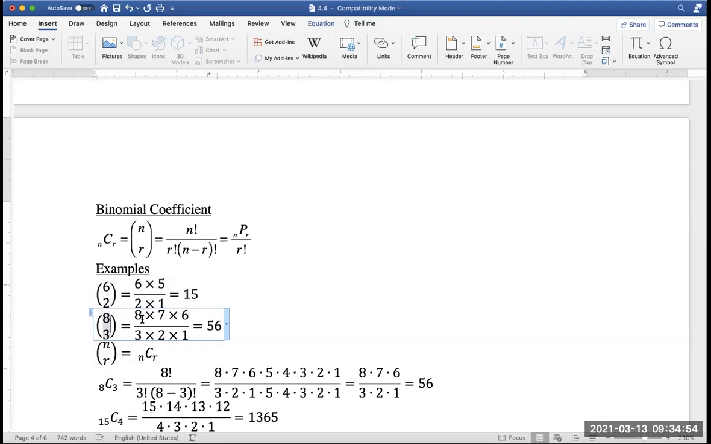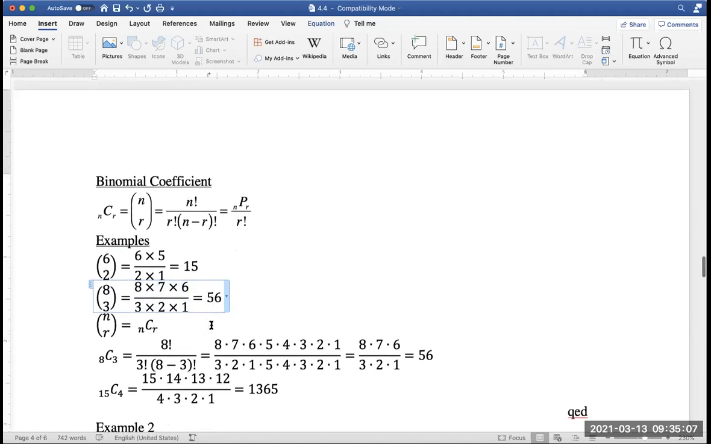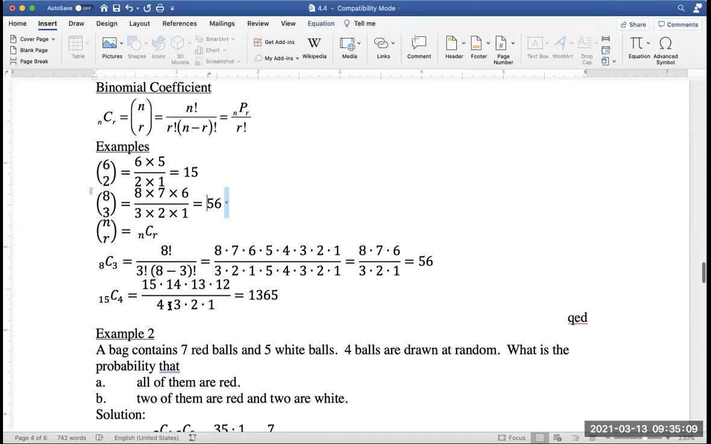8C3. Start at 8 times 7 times 6. You end there at 6 because you've written 3 numbers over 3 factorial. Well, the 6's cancel. 8 times 7 is 56. So the reason for this